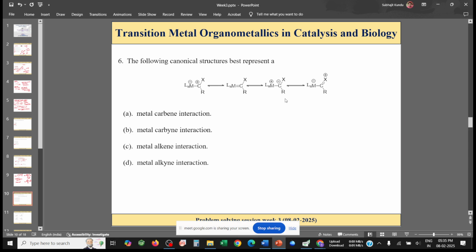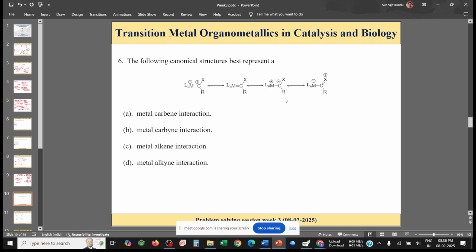We have seen that in the metathesis reaction, the intermediate finally came out to be a metal carbene intermediate. As you know, carbenes of different types are known in the literature after their discovery by Fischer and Schrock. It contains a metal-carbon double bond, so canonical structures can be possible for that.